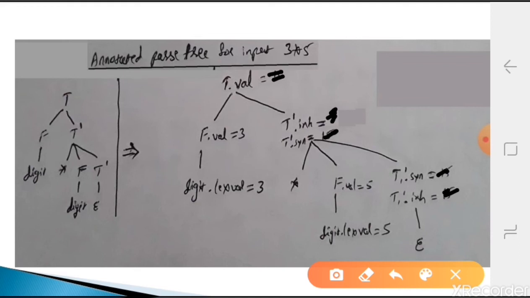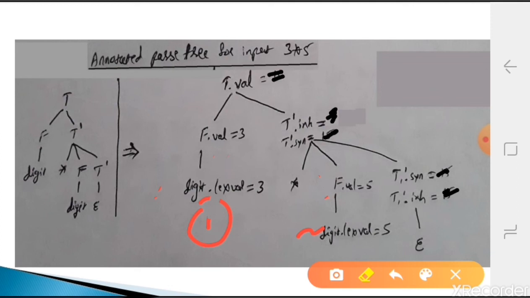Okay, initially we will be having only the values from the first one, the second one, then from here to here we transferred, then we transferred to the next one, that is the second to the fourth one, that is here to here. This is the fourth one. Okay, this one we have. After this we don't have anything, so we have to check one by one how to calculate it.